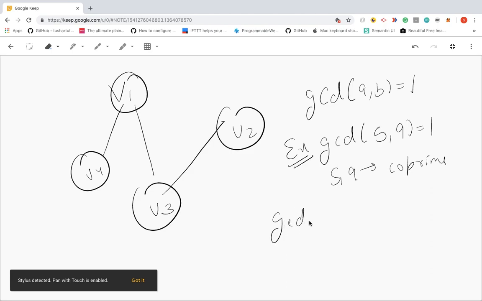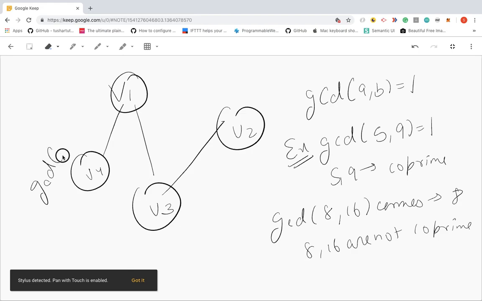And GCD of 8 and 16 comes out to be 8. So 8 and 16 are not coprime. Okay, so for an edge between V4 and V1, the GCD of V4 and V1 should be 1. The GCD between V3 and V2 should be 1. And the GCD of V1 and V3 should be 1. Okay,